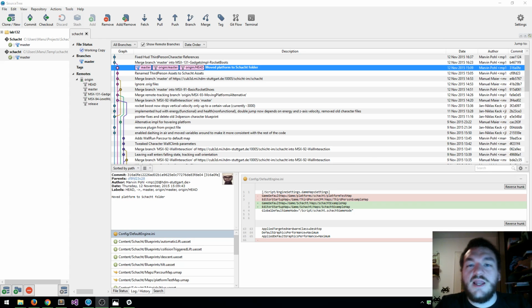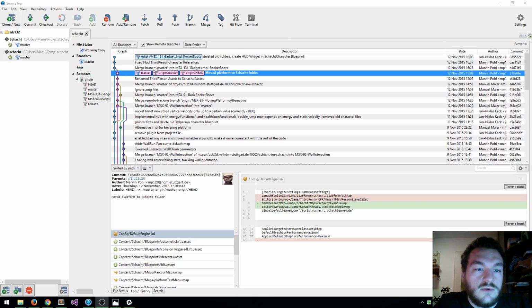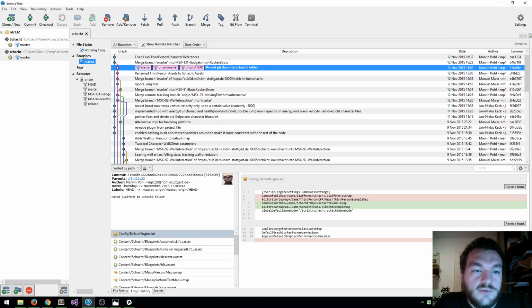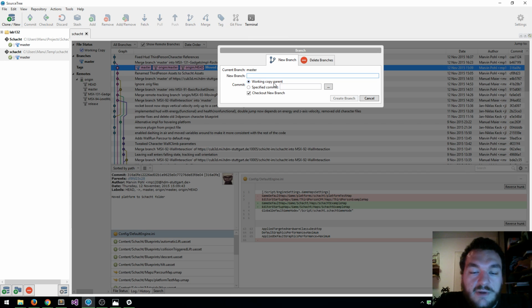Hi there, let's talk about branching using SourceTree again. So this is the most important part here, the branches part, and you can see that I've currently checked out master because it's the only branch I have locally. And to create a new branch, you can right click on branches here and say new branch, and then this